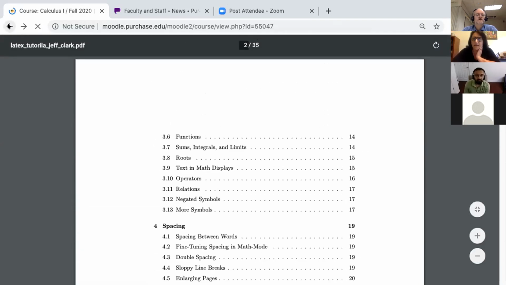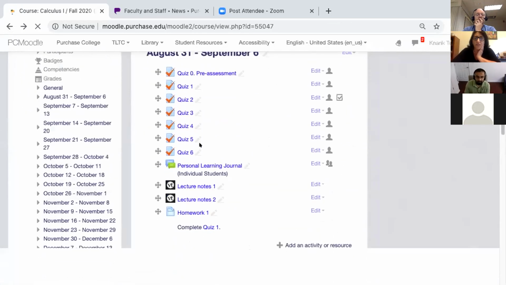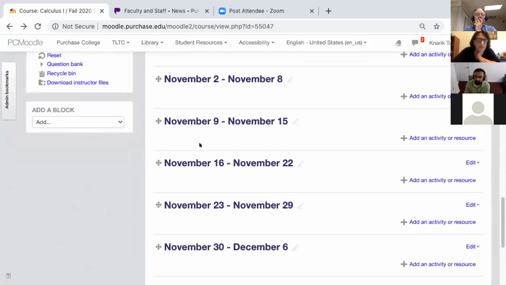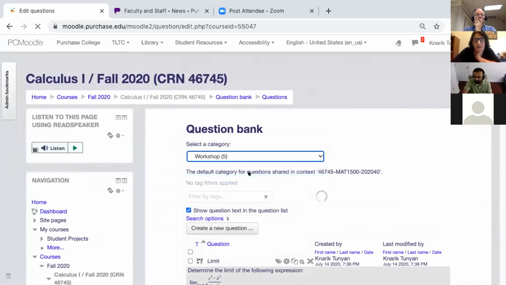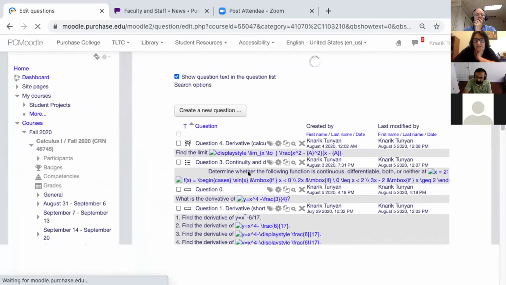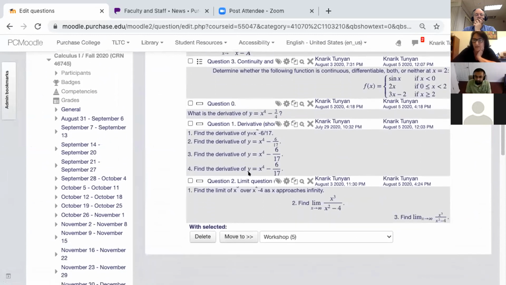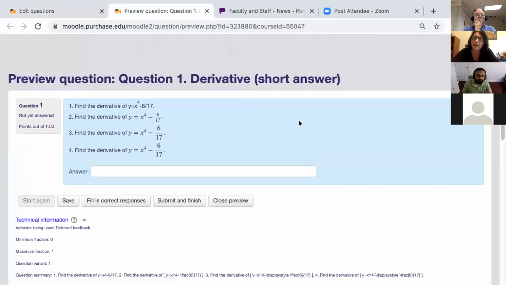one thing worth mentioning: when students see a question in the question bank and need to answer, they do not have the option to type in LaTeX notation, because MathJax will not work here. So you can see, if I type a dollar sign, it will not work. Students have to type in whatever you tell them to type. For example, the derivative of this function is 4x cubed, right? And submit and finish,